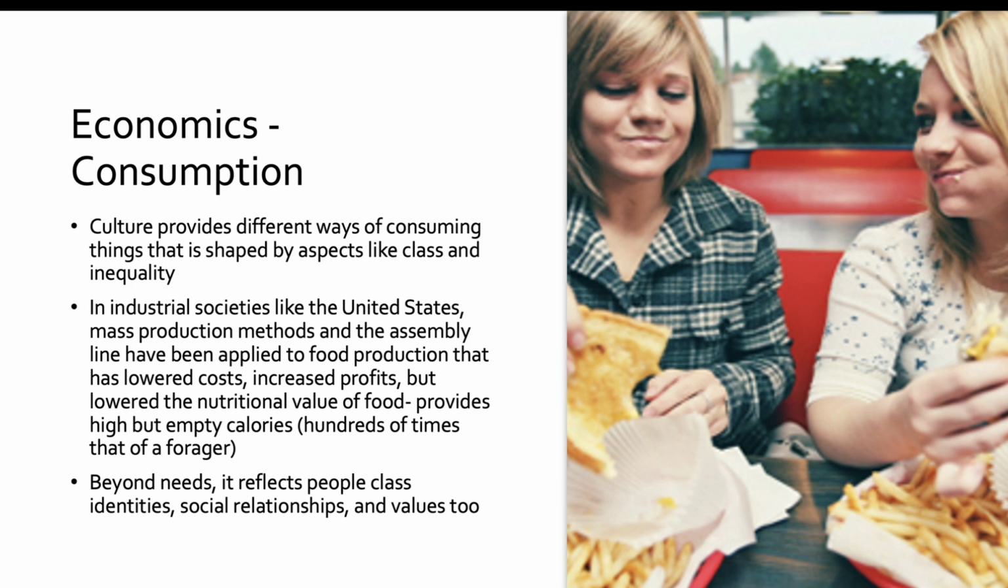Just like we have production and distribution issues, we can think about the consumption issues that cultural anthropologists are interested in. These different kinds of subsistence strategies, these different kinds of economic behaviors, shape many aspects of the way of life of a group of people. They shape aspects like class and equality. If you think of a post-industrial society like the United States, it is true that mass production methods and assembly lines, as they have been applied to food production, lower costs and increase profits, let's say, for owners of food industry businesses,